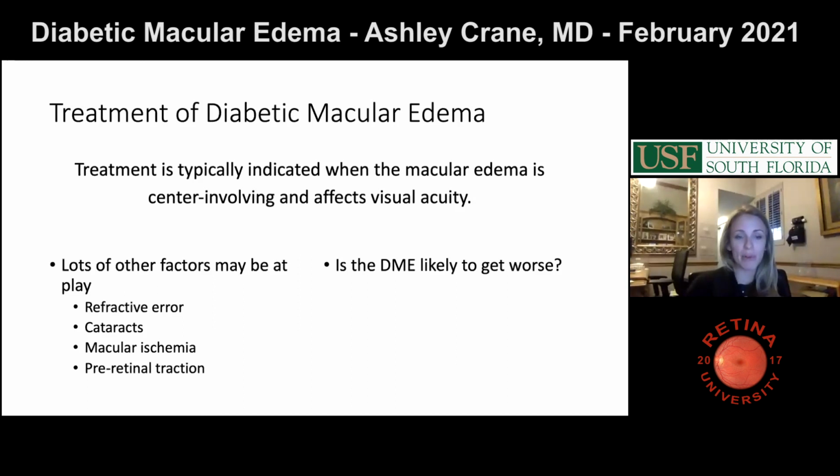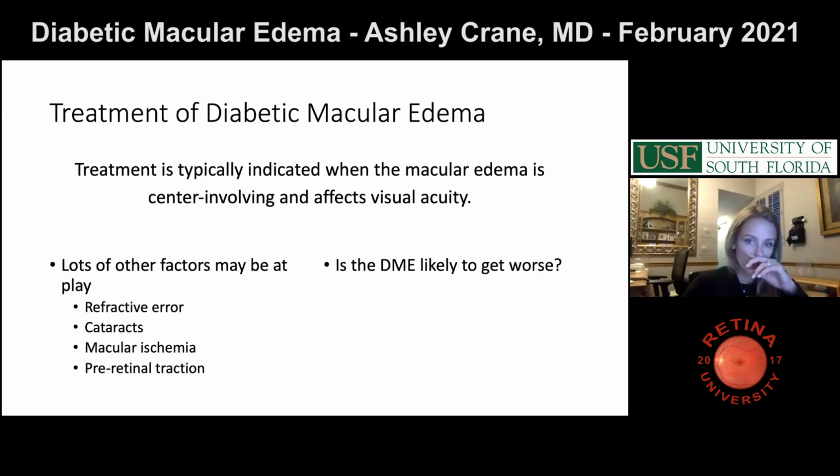So just some examples. Certainly refractive error, cataracts, macular ischemia. You can have a lot of patients who've been diabetic for a long time. They have kind of an ischemic retina with some thinning and loss of inner layers, and they might also have macular edema, but their vision might not improve if you get rid of the macular edema, if that's not the culprit. Pre-retinal traction like epiretinal membranes, if the patient has PDR and they have pre-retinal tractional membranes, that might cause the macula to look edematous when